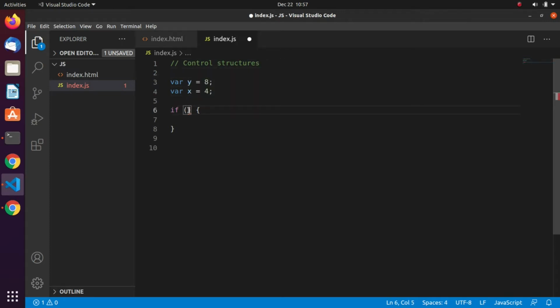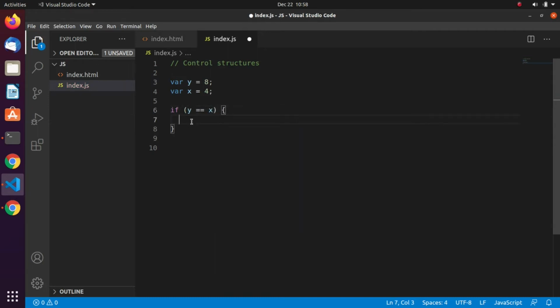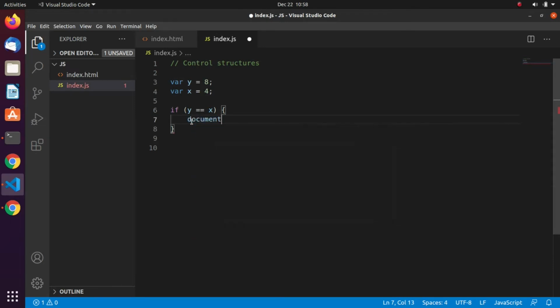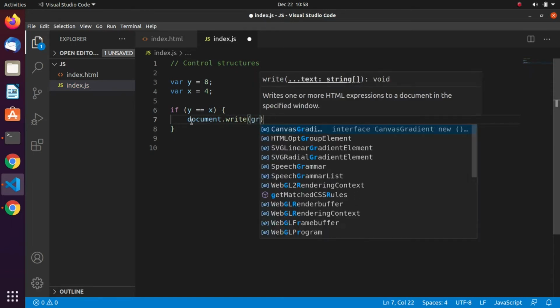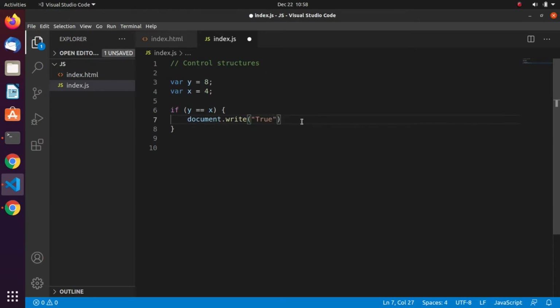Then I can just say if y equals x, then do something. I can say document.write true. Remember from our previous tutorial we saw something like this. So that's how the if actually works.